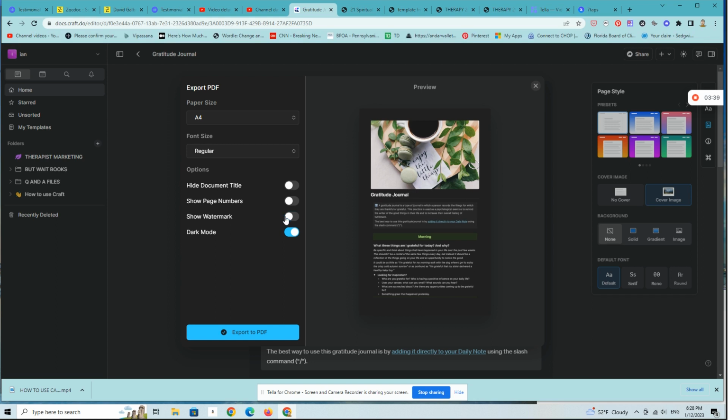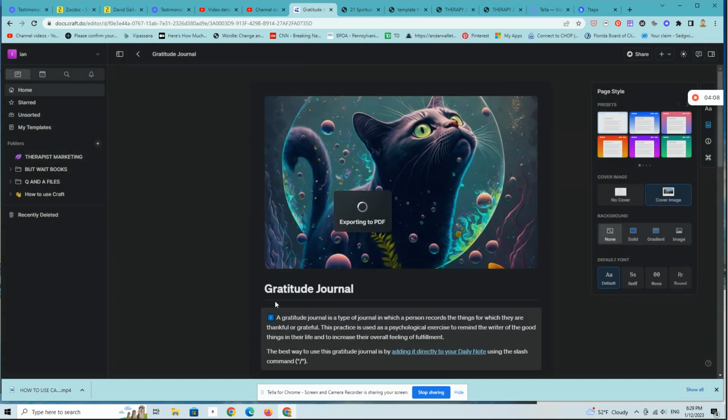And again, it doesn't really matter, but if you're selling something professionally, obviously you want to brand it to yourself, and you don't want to necessarily have Craft's logo on your documents. All right, you can choose to show page numbers or not. You can choose to hide the document title or not. None of these things really matter. You can change the size of the document, but we're not going to do any of that. We're just going to export this to a PDF,